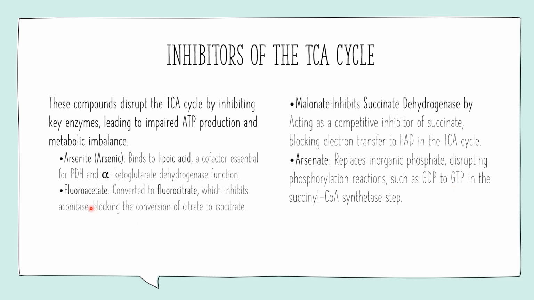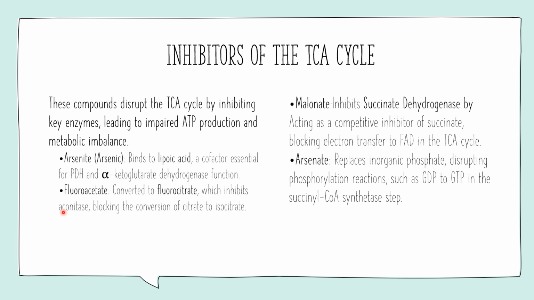We have an interesting compound, fluoroacetate. When fluoroacetate enters into the cell, it is converted to fluorocitrate, and so it mimics citrate, and it binds to aconitase, and hence it inhibits conversion of citrate to isocitrate. So this is not a competitive inhibition where, if we increase the amount of citrate in the cell, aconitase will recover, but rather